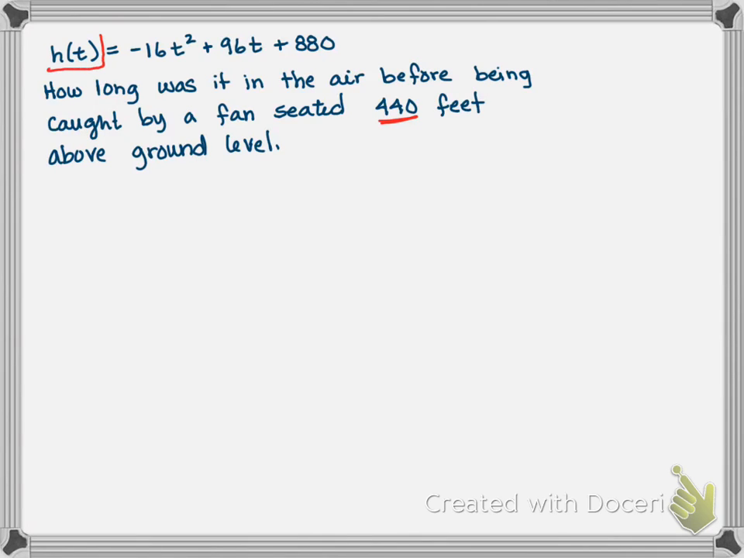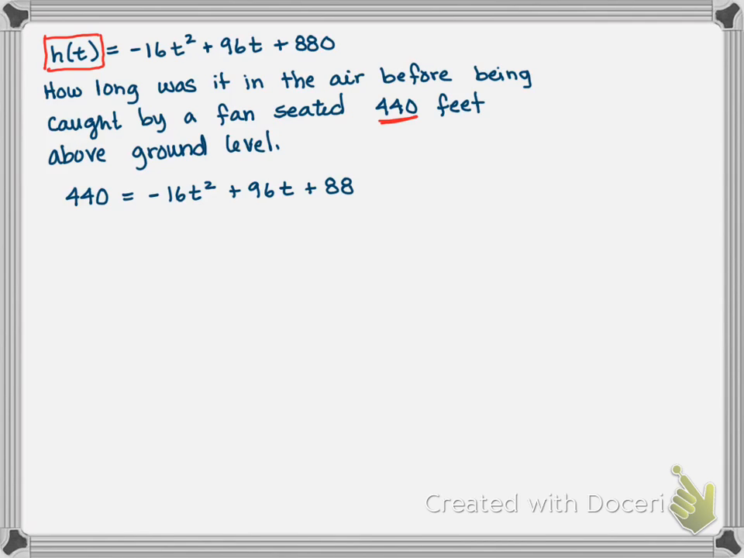And so that means that we're going to replace the entire left side of the equation with 440. If we put 440 in, like if we did h of 440, that would be saying that 440 seconds have passed, which isn't the case. So we're going to solve 440 equals negative 16t squared plus 96t